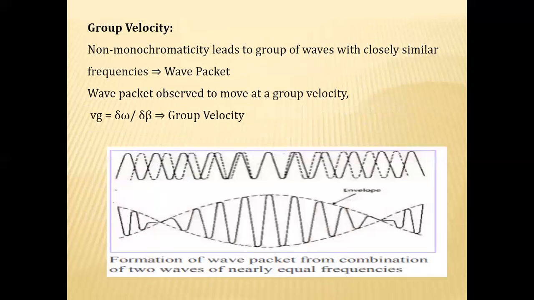Now let us see group velocity. In this case, the waves are split into packets. The energy of the wave moves in a group of waves, which is called group velocity, right? So here the energy of the waves moves in a group manner. This is called group velocity. The group velocity can be represented by d omega by d beta, right? So it will form a group and propagate like this. This type of wave is called group velocity.